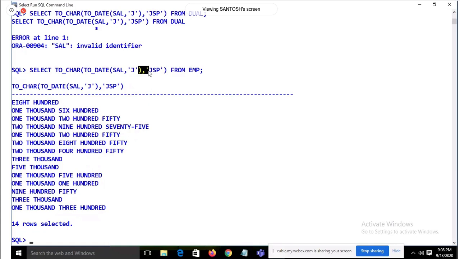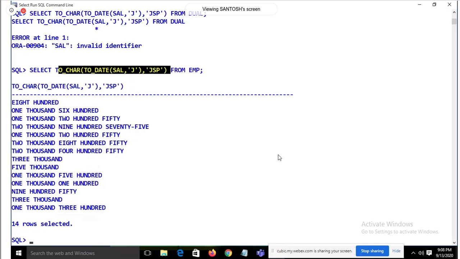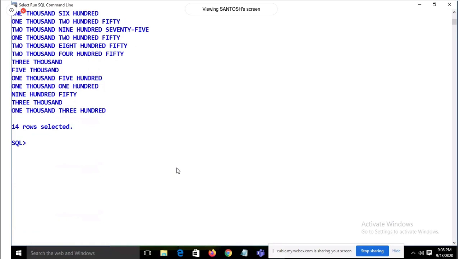So we are getting it. So JSP, remember, this is a guaranteed question for maximum interviews. How can we display the salary in this format? Basically here we are using to_char, to_date and all these things. It's fine? Yeah. So a lot of things are there for today. You people need to do a lot of practice because these are all important things. So functions got covered for you like aggregate function, analytical function, ranking function, row function, maximum things in front of you. So you just need to do the practice with all these things.